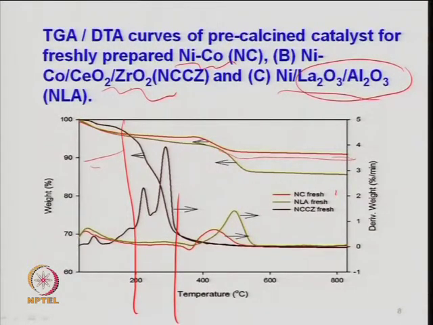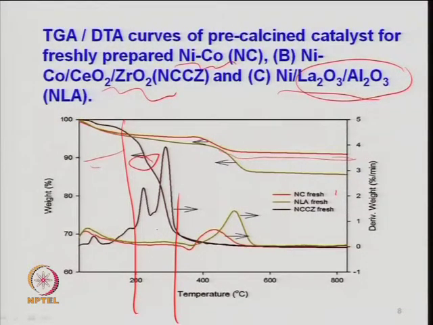The reason for the weight loss is that nickel nitrate may be there, cobalt nitrate is there, right, both are decomposing, and the temperature for nickel nitrate may be different, cobalt nitrate may be different, but there may be a kind of overlap. So, if you look at this, the peak changes here in terms of the shape, right. So, you can have cobalt nitrate separately, you can have nickel nitrate separately, and then you check at what temperature nickel nitrate decomposes, at what temperature cobalt nitrate decomposes, and this should give you the combined weight loss of nickel nitrate and cobalt nitrate, right. So, a combined temperature which is required for these two metal precursors for calcination you can identify from this.